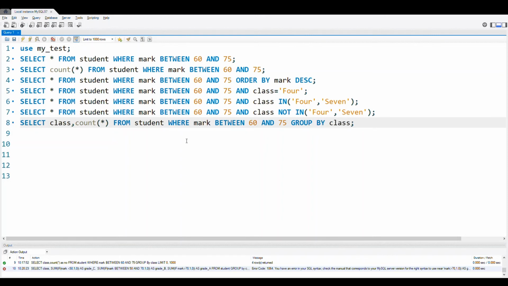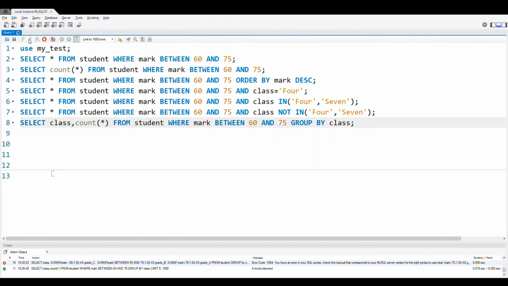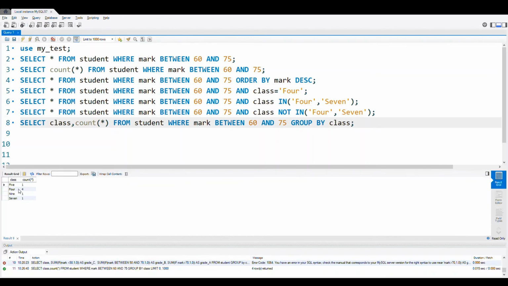Fine. So this will show us the number of students within this range in each class. Let me execute this. Here it is. So class 5 is 1, class 4 is 4, class 9 is 1, class 7 is 1. So this is how we can list this range of marks against each class.